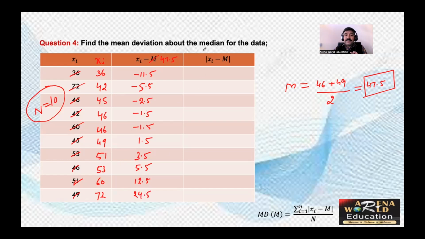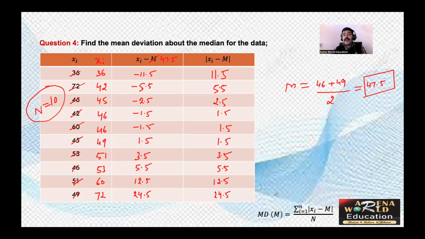In the next step, we will simply find the absolute values of each deviation. While we take its absolute value, the negative value will change to positive. Positive will be as it is. So yes, what will be the first value? It is 11.5. Second is 5.5. Third will be 2.5. Fourth will be 1.5. Next will be again 1.5. Then 1.5, 3.5, 5.5. This is 12.5. And last is